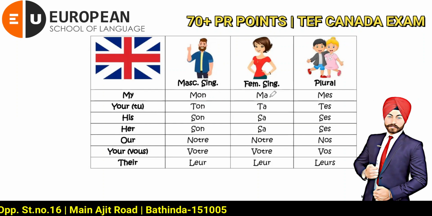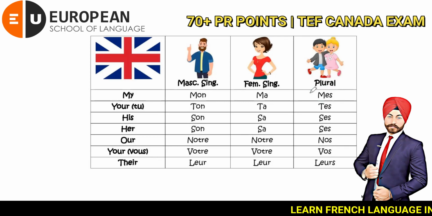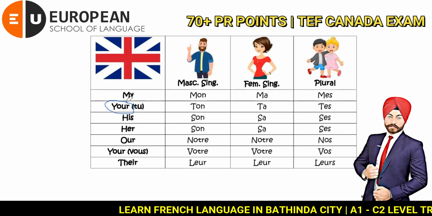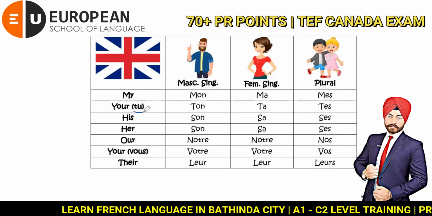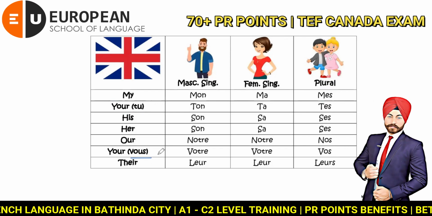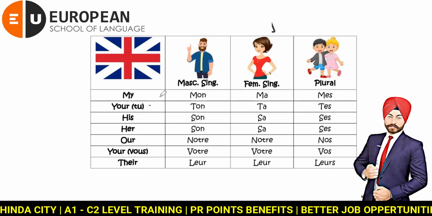Dogs are plural, like एक से ज्यादा है. अगर वो एक से ज्यादा है then we will use my के लिए हम ये particular word use करेंगे, which is mes. It is pronounced as may. So right now अगर मैं कहना चाहूं कि he is your father, again he is your. So your is, we have two your, tu which is informal you, and vous which is formal you. So according to conversation, if we are talking to friends, we will use tu form.